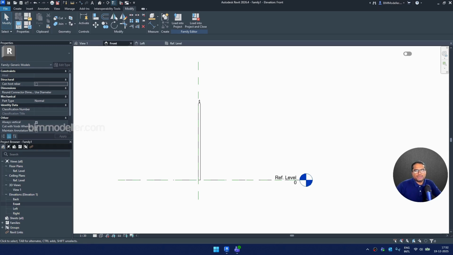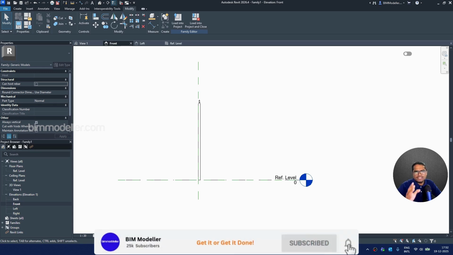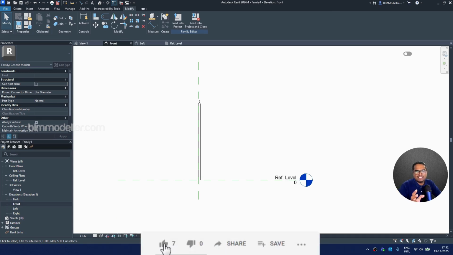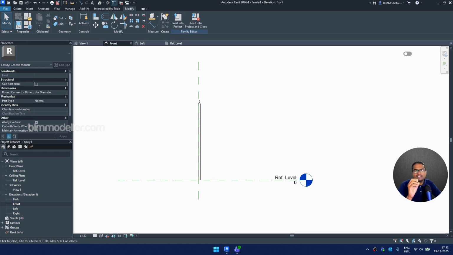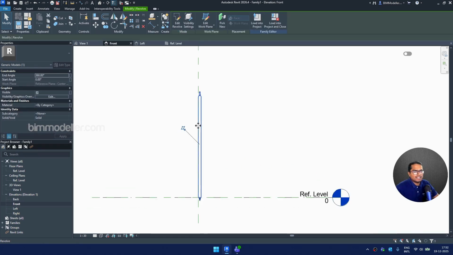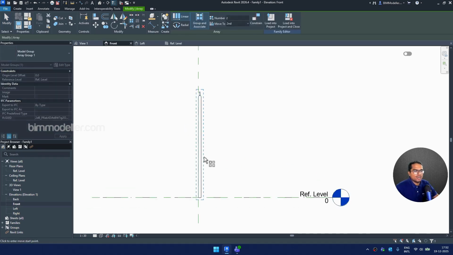In this video tutorial, if you used array in the older version, there is a struggle: when you set the number of elements in the array, it is very difficult, and we have to apply some condition to fulfill the array. For example, if you are using the array and making the array count, for example here,